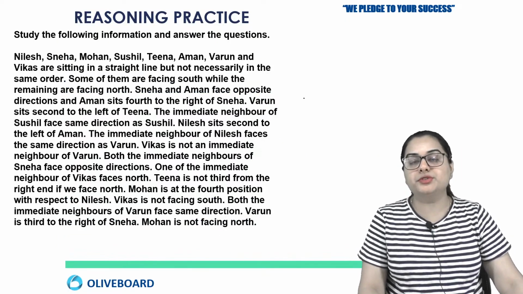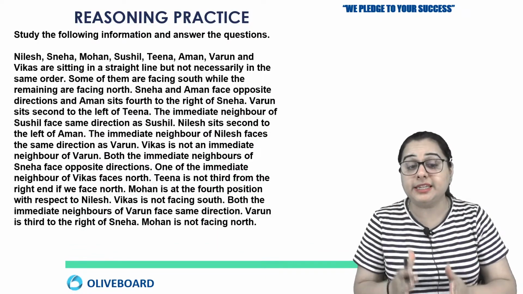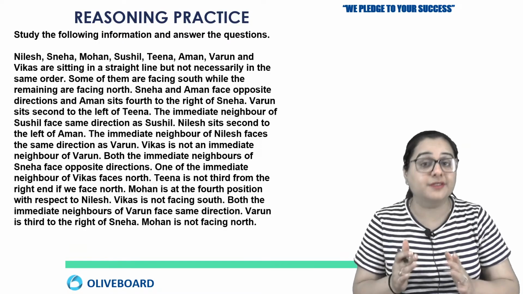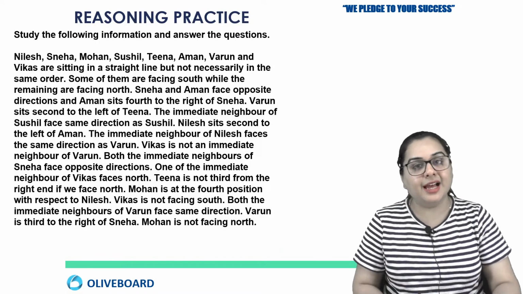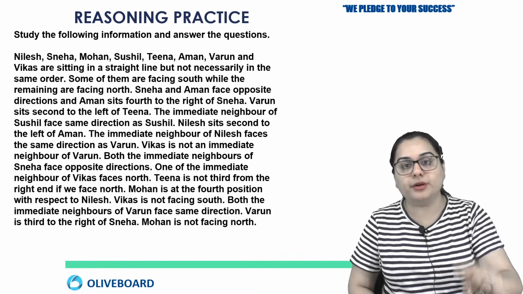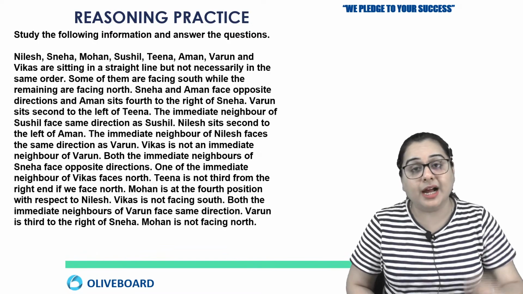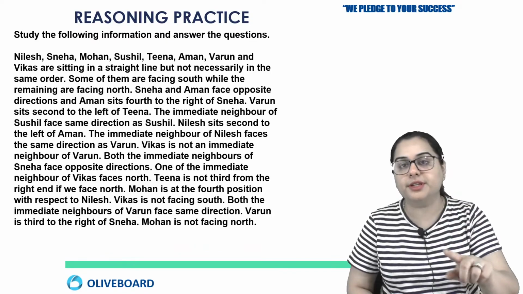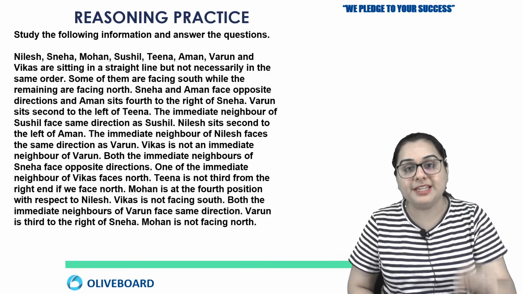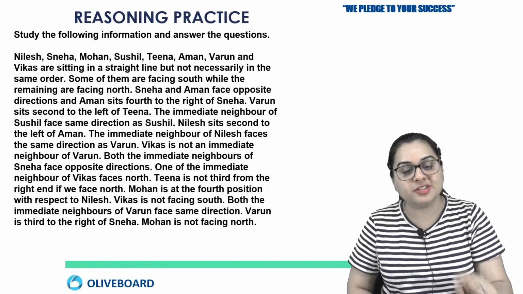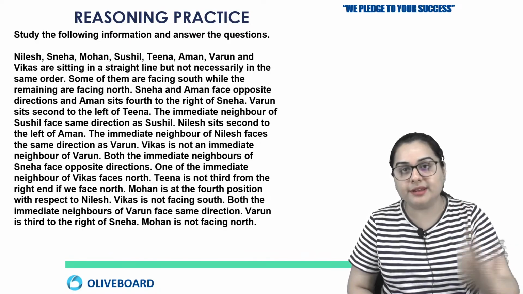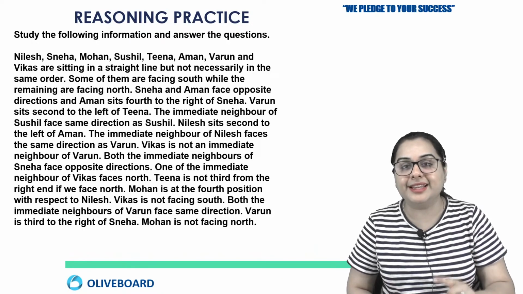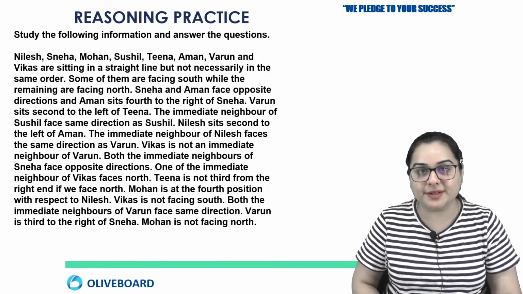So students, today I'm going to cover 25 most important linear sitting arrangement questions. In your 60 questions of reasoning in the RBI Grade B examination, there will be 40 plus questions from puzzles and arrangements. In those 40 plus questions, you are going to get around 5 to 10 or sometimes 15 questions from linear sitting arrangement. So this makes this chapter very important.